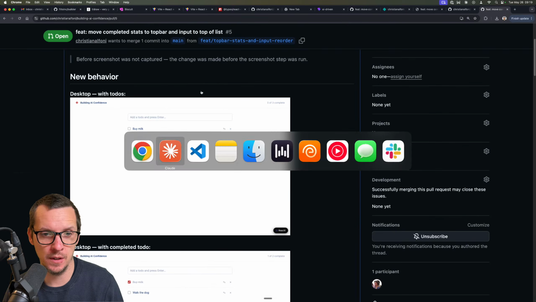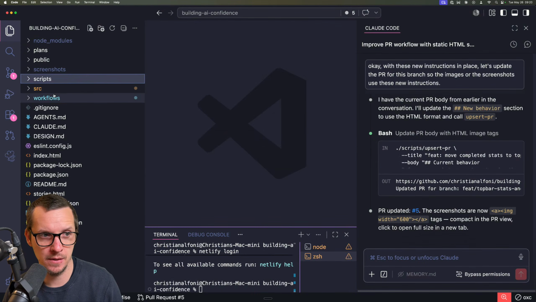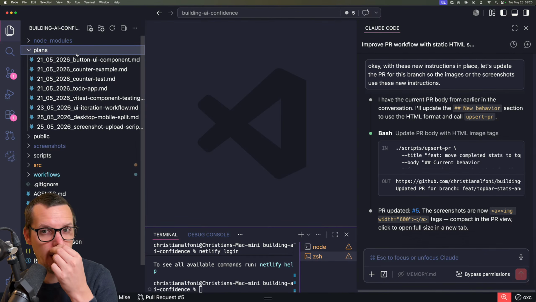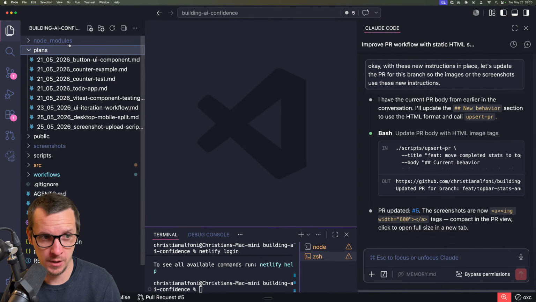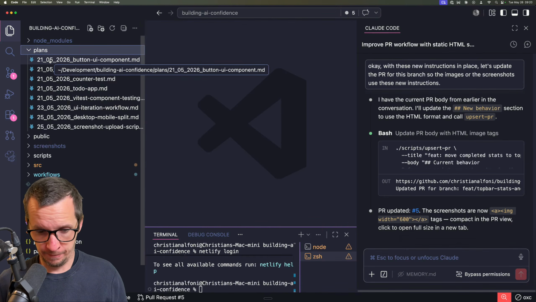And so instead of basically having plans, we're going to have work or something, where each folder is a branch.